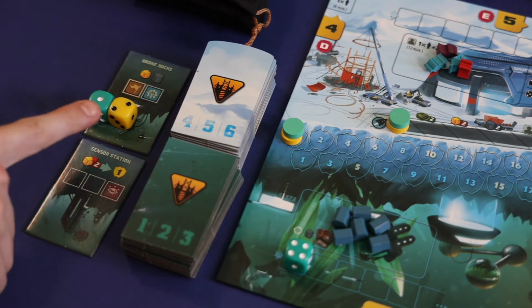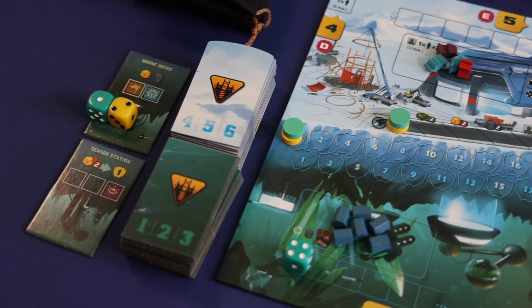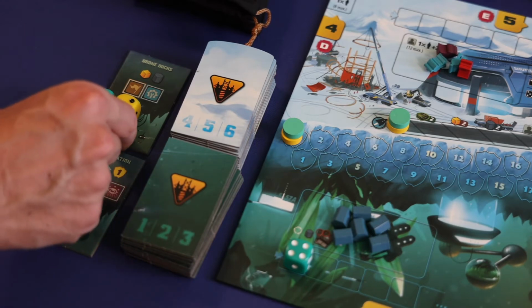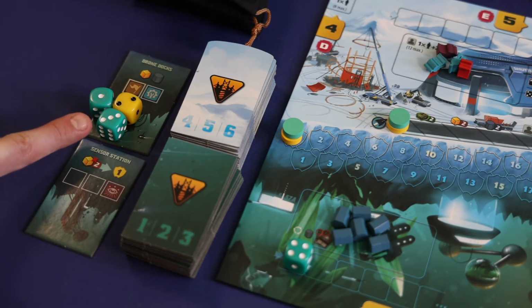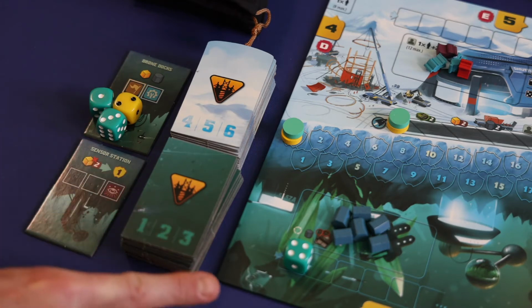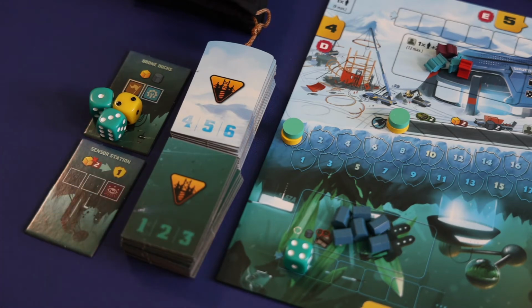So for instance, the bid for this building is now 2 minerals by the yellow player. It's important to note that a player can outbid themselves or outbid another player who's placed dice on the building. And it's also important to note that you don't have to possess enough minerals to build the building when you're placing the die. You can get the minerals you need earlier in the resolution phase, as that location is resolved